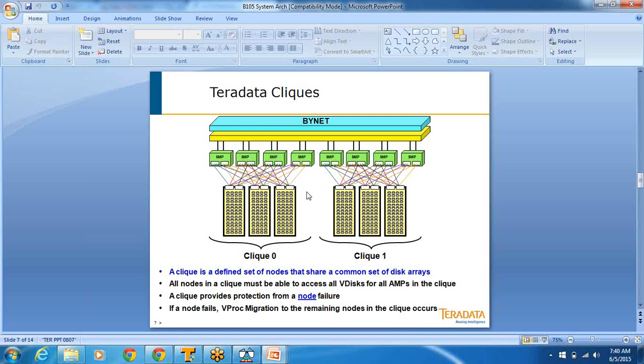Then they will engage Teradata core people in order to analyze the root cause for it. Even your administrator can't predict the root cause. It needs to be done by core people if you really need a root cause. Is it because of your SQL? Is it because of a hardware issue? That type of thing needs to be analyzed by the core people